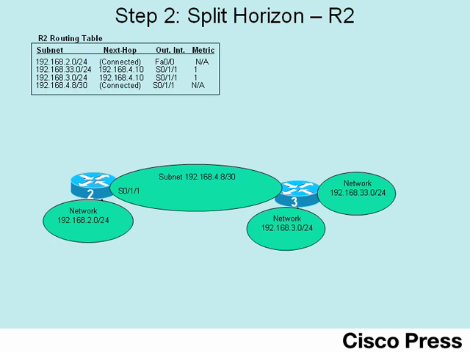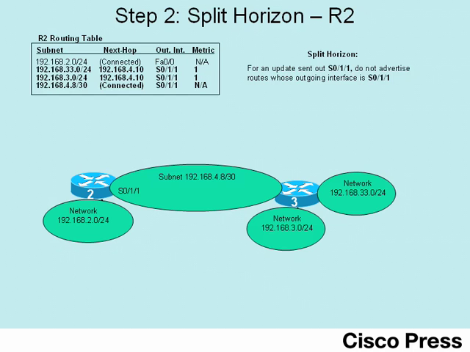Next, at step 2, we'll take a look at the split horizon concept. R2 indeed has 4 routes in its routing table. But if you look closely, you'll notice that the last 3 routes in its routing table have an outgoing interface of serial 0/1/1. Now, split horizon rules say that on a particular interface, when you send an update, don't advertise